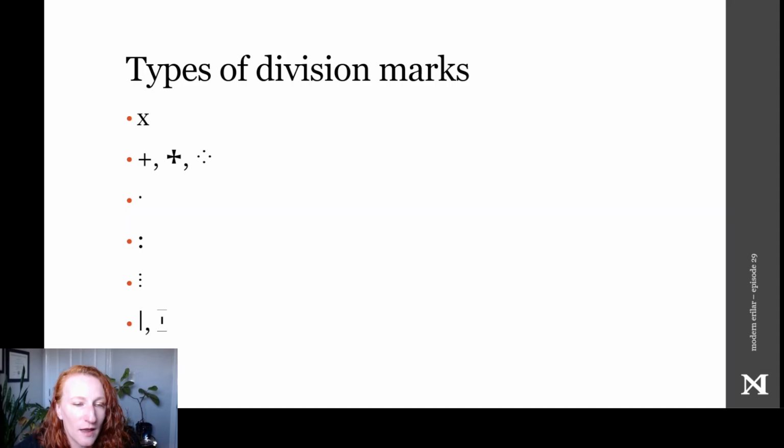Many of the types of division marks were consistent between Elder Futhark and Younger Futhark inscriptions. So we can choose a small x and sometimes 2 x's arranged one above the other, like we saw on the Aarhus stone just pictured. We could use a small cross or a plus sign, dots, colons, or between 3 and 6 dots, all arranged in a vertical line. And the rune writer at Loveden Hill used plain vertical lines, and we sometimes see that in Sweden as well.